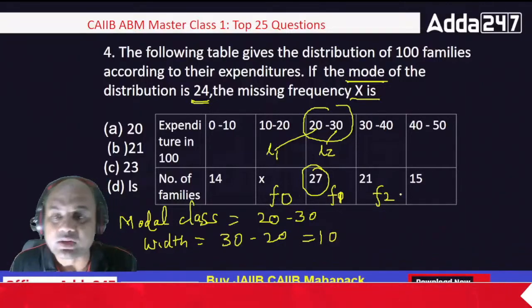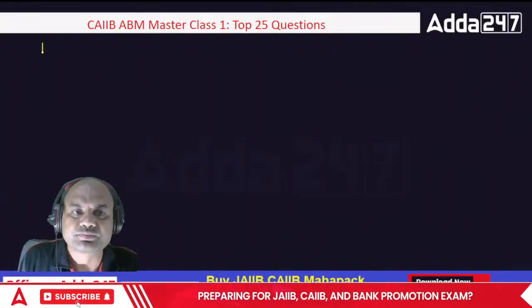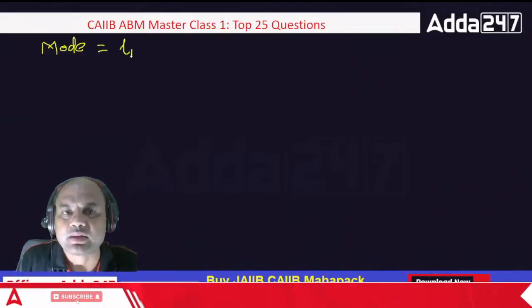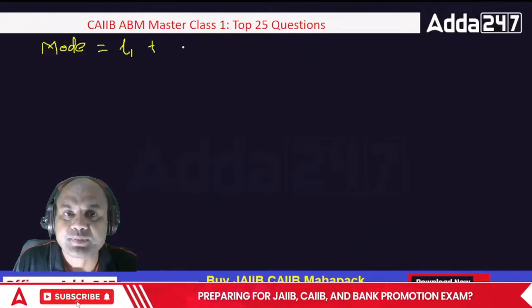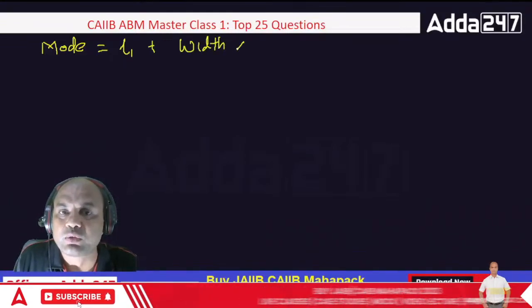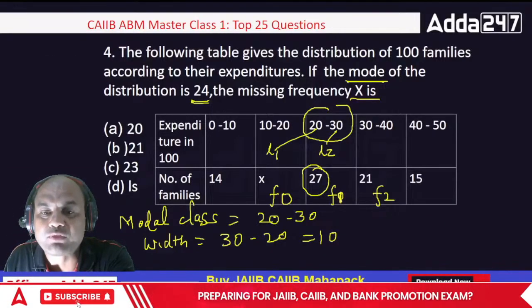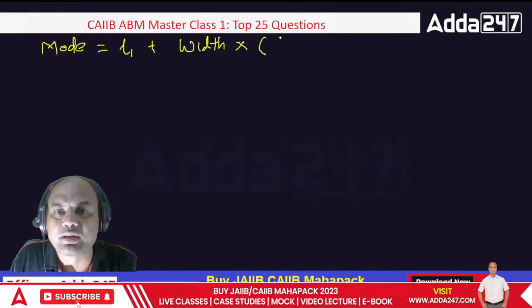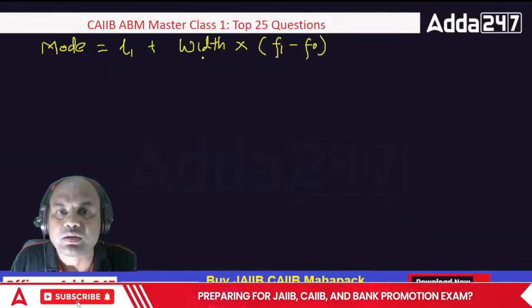Okay. So what is the formula for this? Mode equals L1 plus, now look at this. Now the formula becomes difficult. Width into gap 1, meaning width into this. What is the gap 1? F1 minus F0, this one. Okay, so I'll write it like this: F1 minus F0. Okay, the whole upon